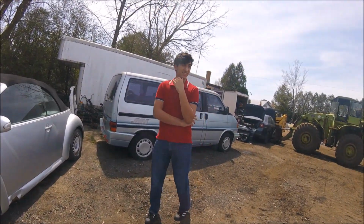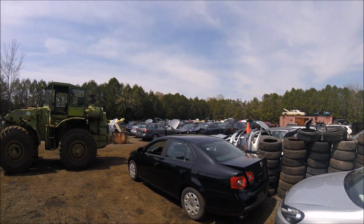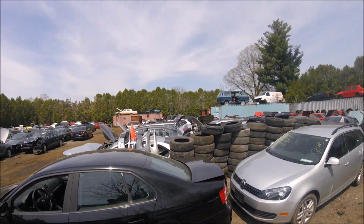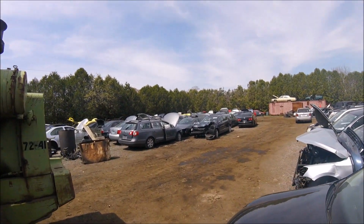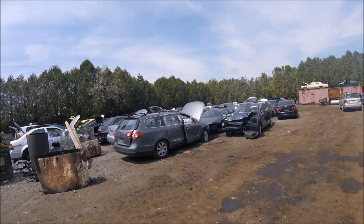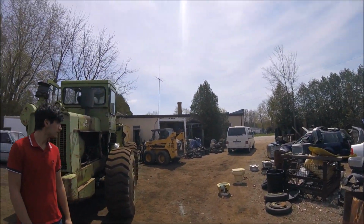Can we also take 2 seconds to appreciate this yard? Oh yeah, he's got an amazing yard. It's all Volkswagens. That's what he does here. He fixes up and sells Volkswagens, and he has parts that he sells on the internet and all this kind of stuff. Check him out on Facebook, Canada Catalyst. He's got quite a good setup. He's on YouTube as well, Canada Catalyst, and he's got quite the yard here, and then his shop here,